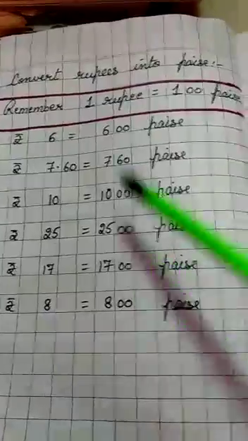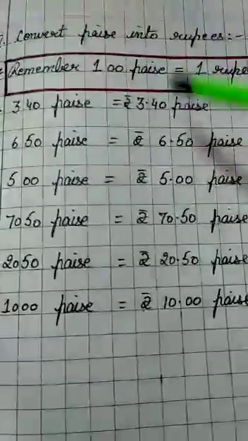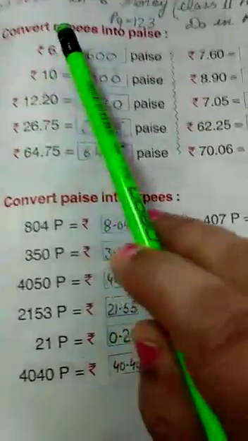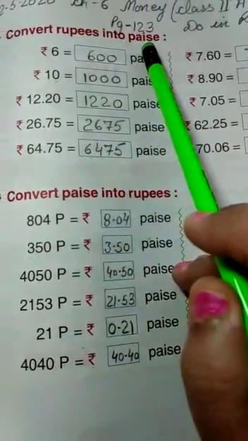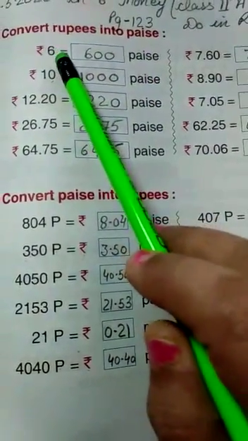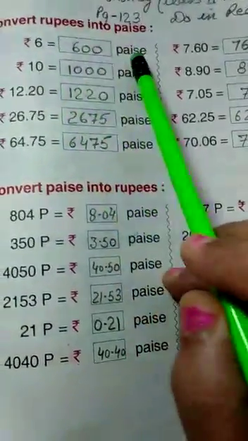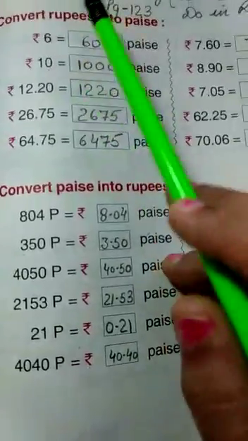So this was your written assignment which was sent yesterday. Write it down very neatly in your Maths 1 CW notebook. Now today I have sent you this work of Maths Reader. Open page 123 of your Maths Reader. Convert rupees into paise. Again you have to multiply by 100 to convert into paise. When you multiply rupees 6, it becomes 600 paise. Remove the symbol of rupee and write 600 paise.